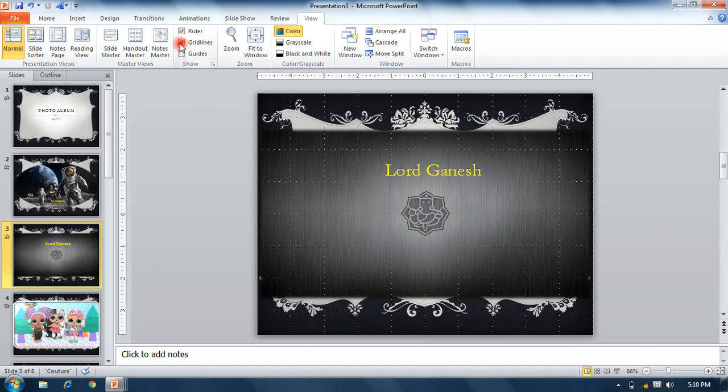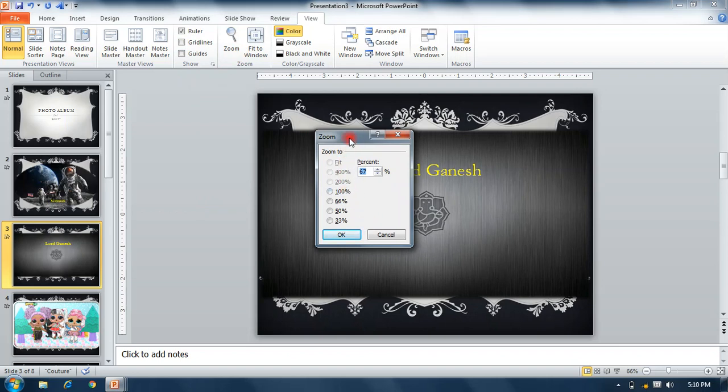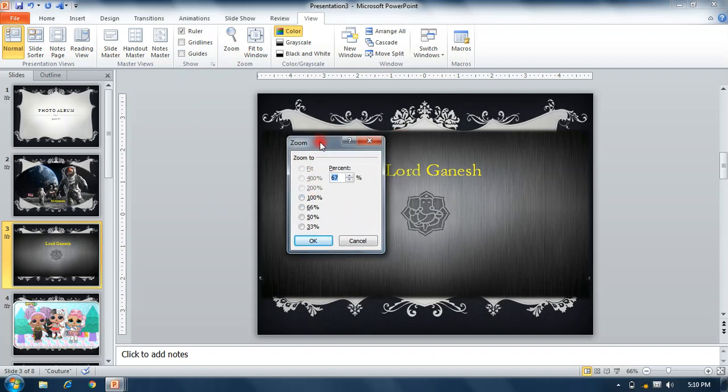Zoom is used for our image or document, zoom in and zoom out, big or large. If you want to see in large format, then click Zoom, Fit, 100%, 60%, 50%, or you can also slide up and slide down from here to zoom your picture, image or document.